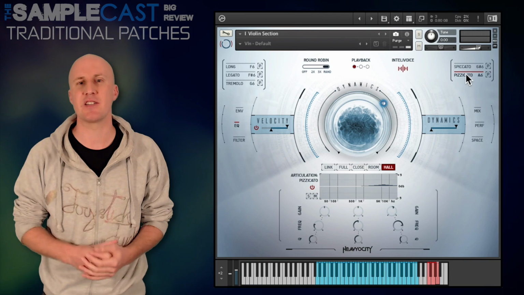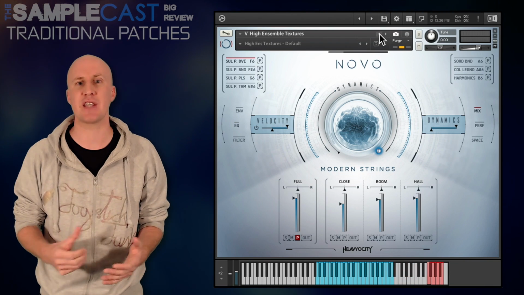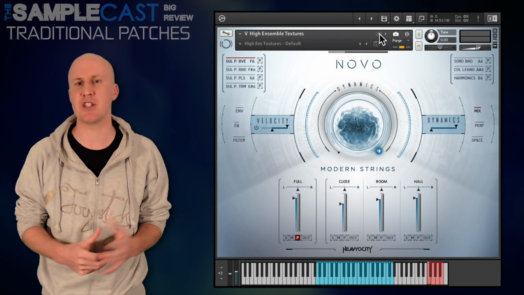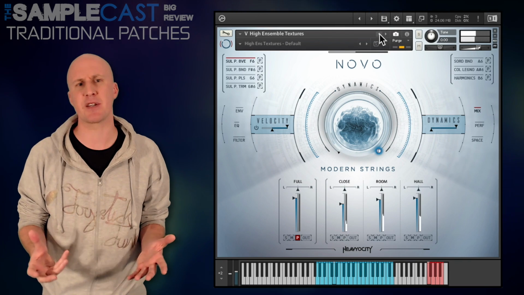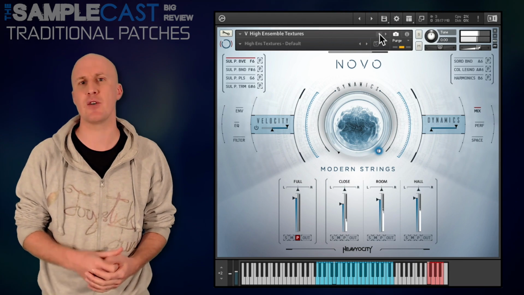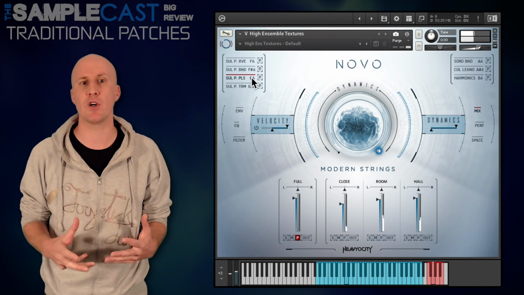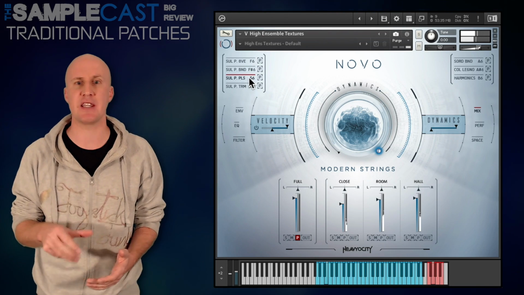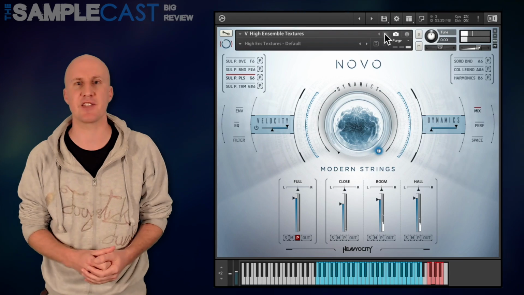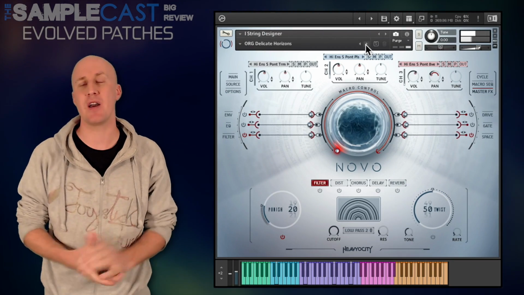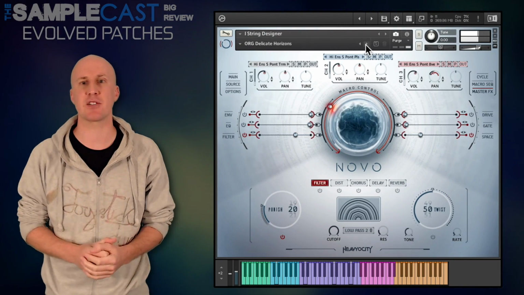What was a bit weird is that neither the violins nor the violas had any kind of cluster effects, which the cello and the bass did, but it's not something I use an awful lot of anyway, so I'll give that a pass. The traditional strings are basically a set of workhorse strings with good functionality and a decent but not spectacular sound. So let's now get on to what I think is really the most interesting aspect of NOVO,